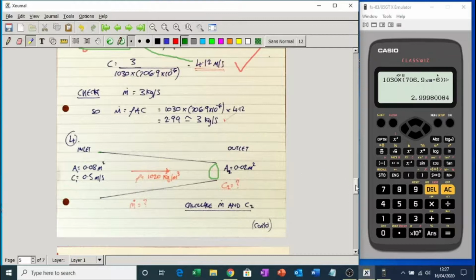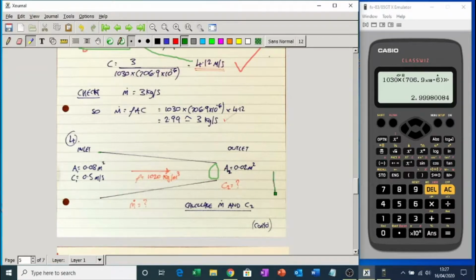Now, it's very similar to the one I asked before. Which speed is it going to be, faster than 0.5 or less than 0.5? Don't forget, we've got less of an area, so the mass flow rate is the same, so it's got less of an area to get out. The same amount of liquid's got to come through here as it is here. So it's got to get faster because there's less of an area for it to get out. If it's 3 kilograms per second here, it's got to be 3 kilograms per second here, the mass flow rate,